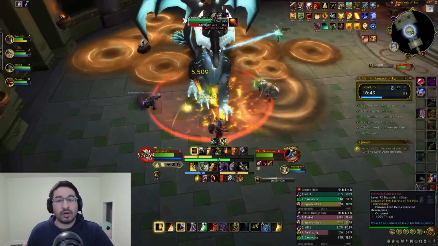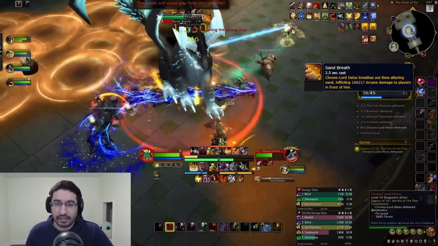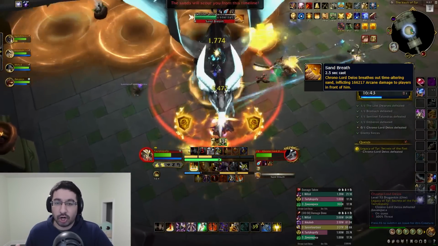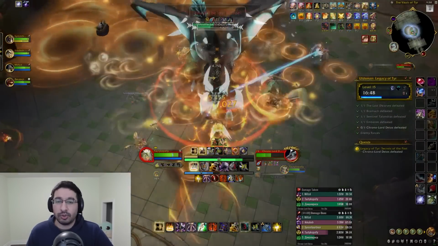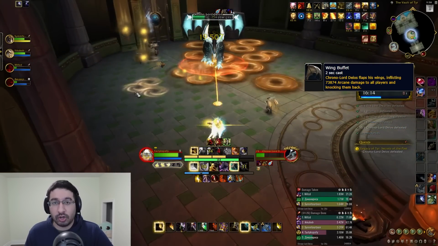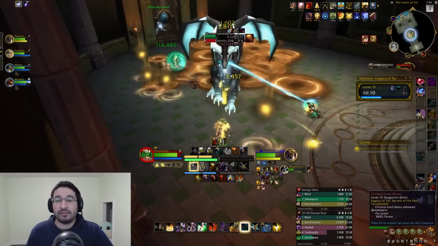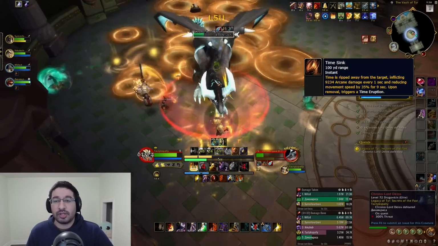In terms of other abilities you'll need to deal with, there is of course a breath attack. It's a dragon. This is called Sand Breath, just arcane damage to the tank and anyone else in the cone, as well as a party-wide arcane hit called Wing Buffet, which will also knock back all players, so be aware of that. The final ability Deios has is Time Sync, which is a magic debuff that will go out